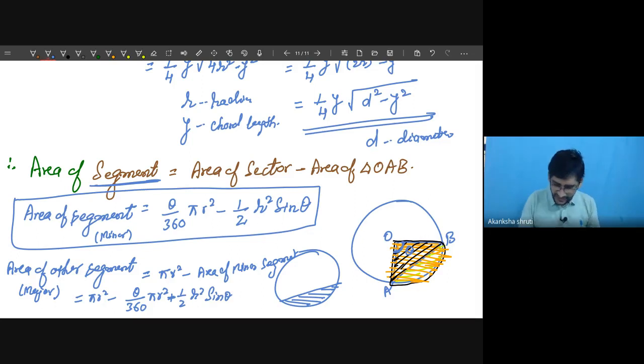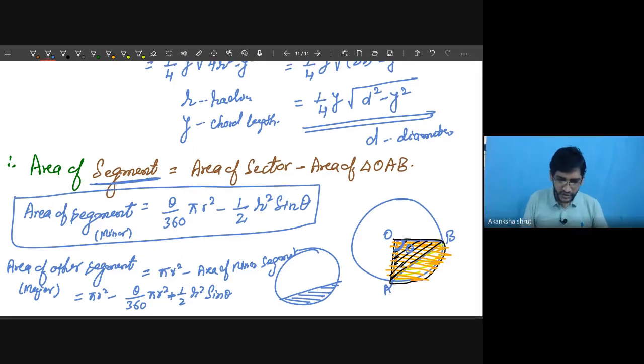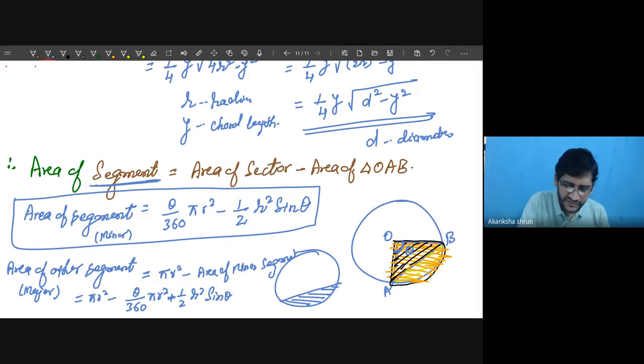These are the same thing, but there is no need to mug up this formula. What I have explained is how to approach such questions. So your concept should be very much clear. Calculate the area of the triangle, or adjust the required shaded area in terms of the known area of the sector and area of the triangle, then get it. Let me do one question. Take this question.